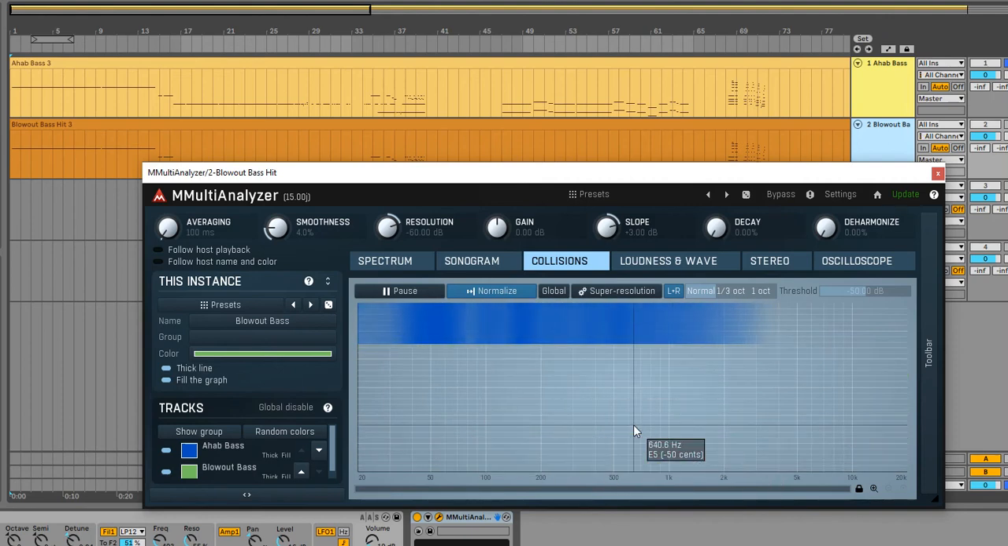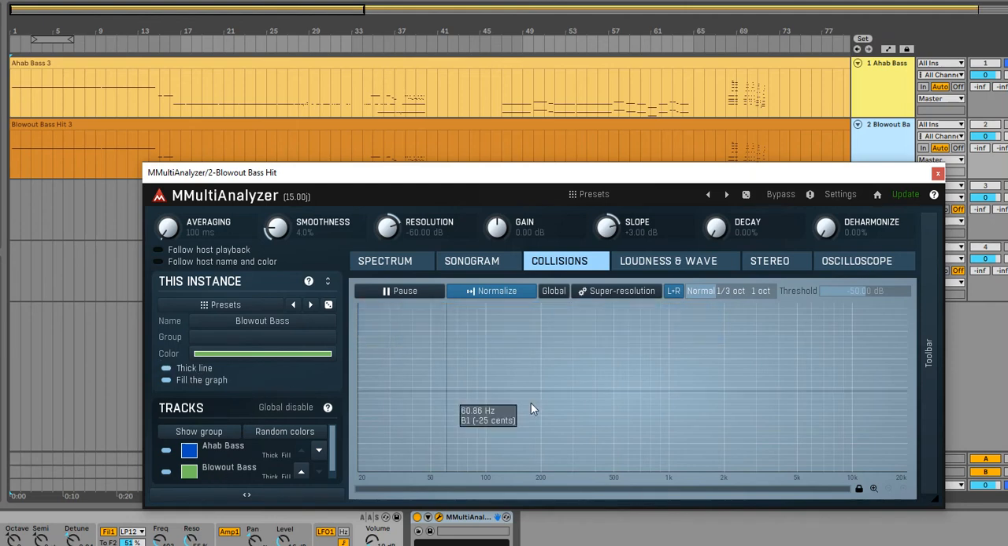So you could do a couple things with that. You could just accept the fact that you have collisions, or you could go through the blow-up bass and apply some EQ to filter out some of those lower frequencies, because you're thinking, I really just like the high end of the blow-up bass and don't need that collision. But honestly, at the end of the day, if it sounds worse when you take those out, just leave it in, right? So yeah, that is my